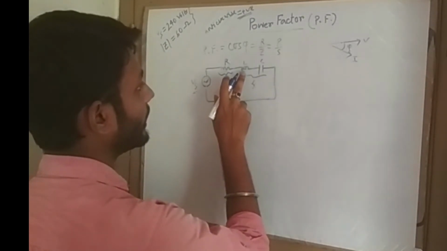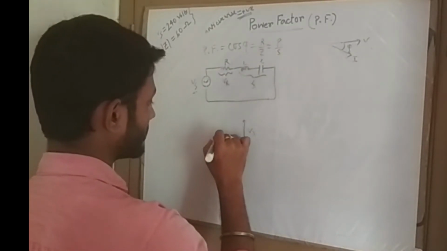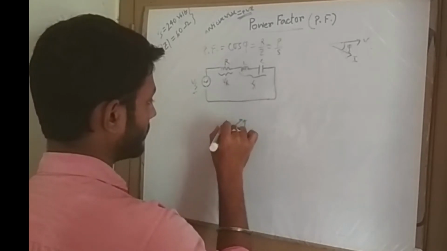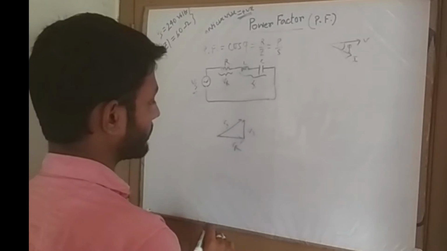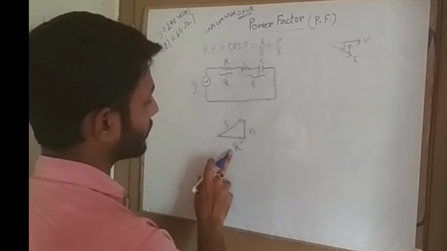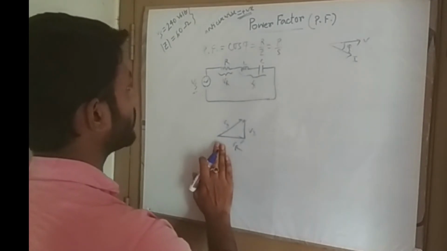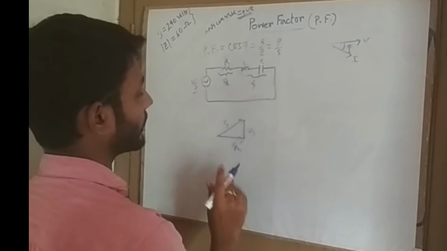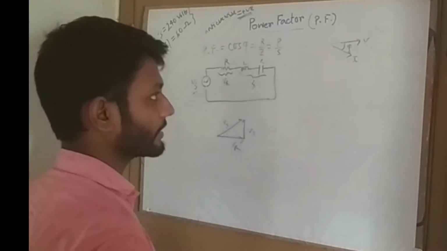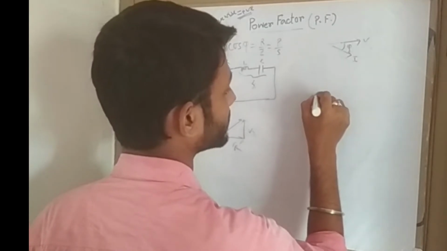If VL greater than Vc, then it will be Vx, and the overall will be Vs, supply voltage. From here, Vs equal to root over of Vr square plus Vx square. From this voltage triangle also, for the series circuit, we can find out the power factor as Vr divided by Vs. And for parallel circuit,